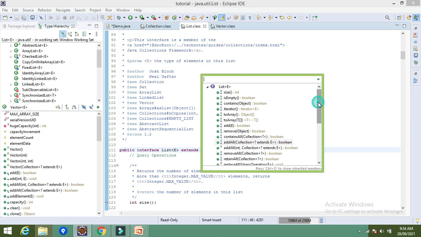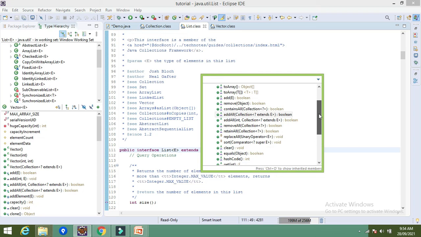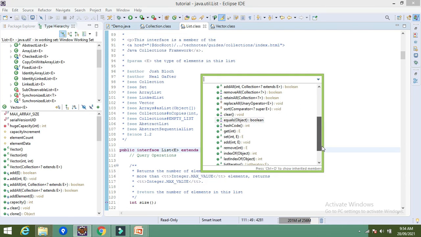Here at the top, from the start, you will find all the methods of the Collection interface, up to hashCode. These are all methods of the Collection interface, and from below onwards you will find all the methods of the List interface, which take a parameter as an index. Most of the methods take an index as a parameter. So that's all about the List interface. In the next video we will see the implementation of the List classes, that is ArrayList, Vector, and LinkedList. That time we will go through the practicals also.